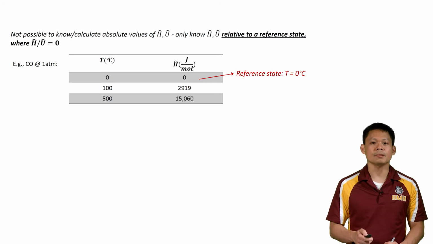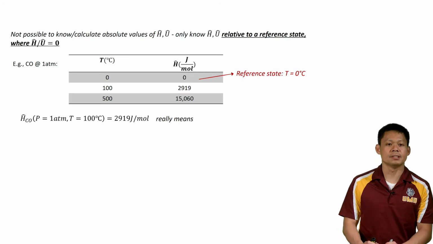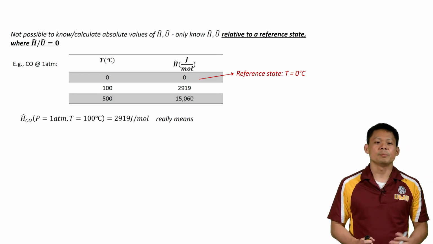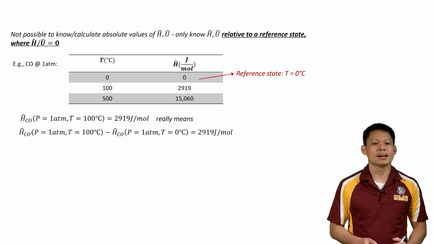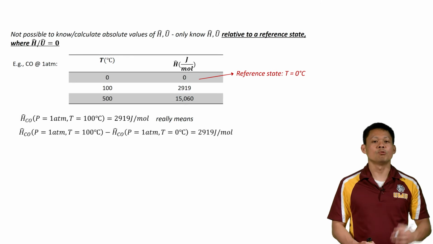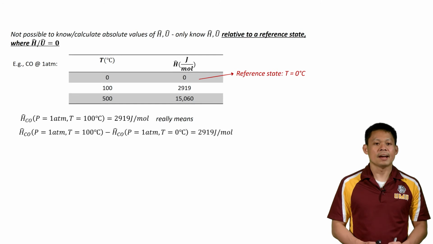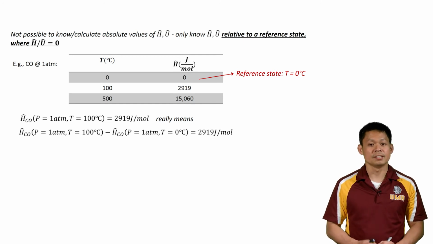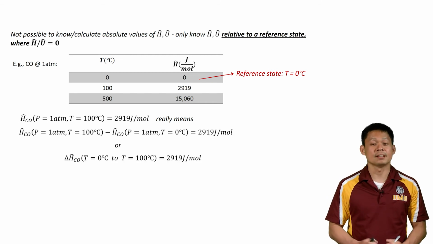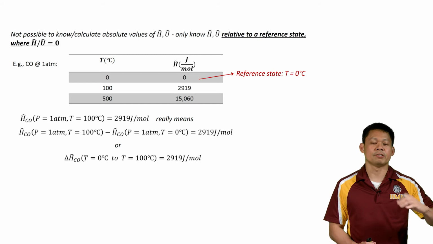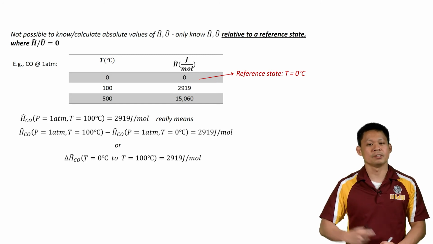1 atmosphere. So when you look at the specific enthalpy, let's look at the second value. At 100 degrees C, when it says that the enthalpy is 2919 joules per mole, what it really means is that it is 2919 joules per mole relative to the temperature at 0 degrees C, or the enthalpy at 100 degrees C minus the enthalpy at 0 degrees C is 2919. So it's relative to that state. Sometimes you will see it written as a delta because really it is a delta with respect to the reference state. So the change in the enthalpy from the reference state of 0 degrees C to 100 degrees C is